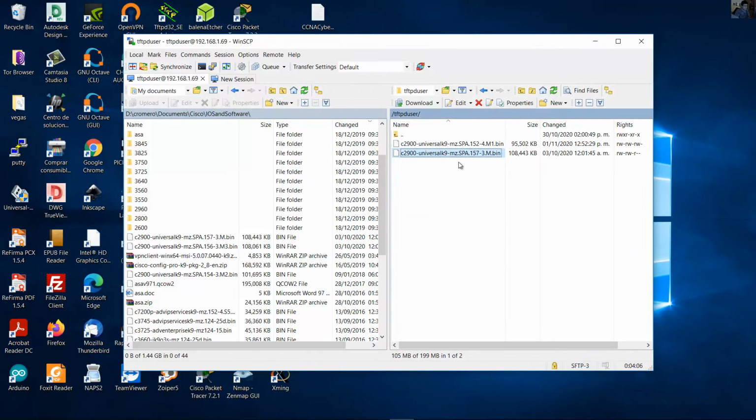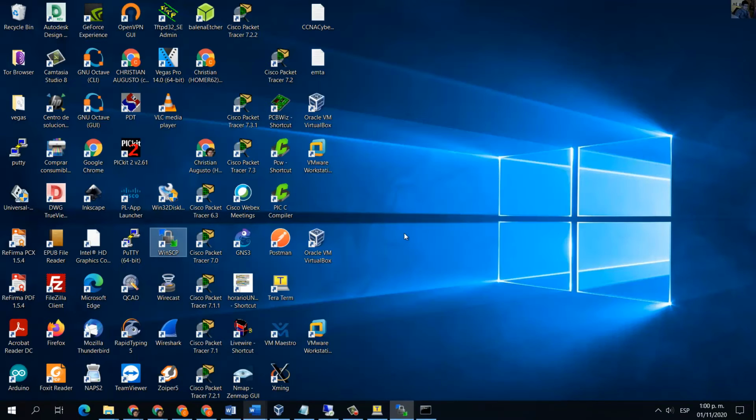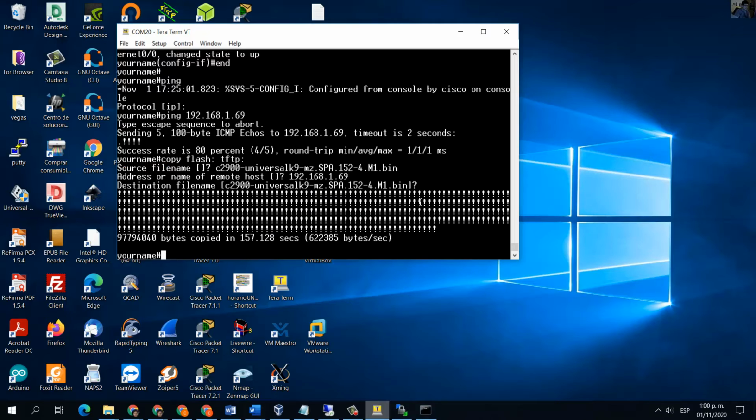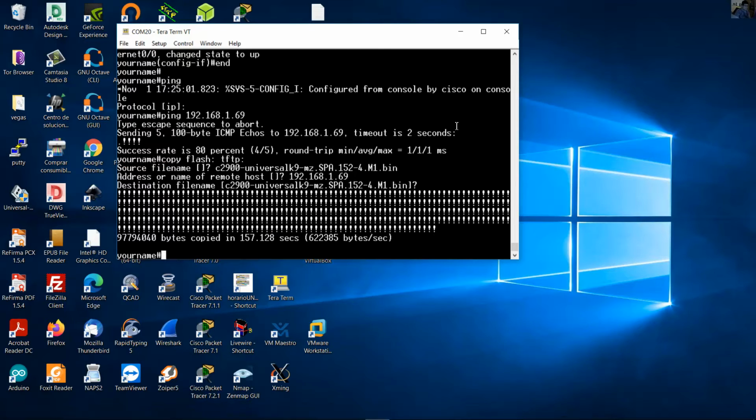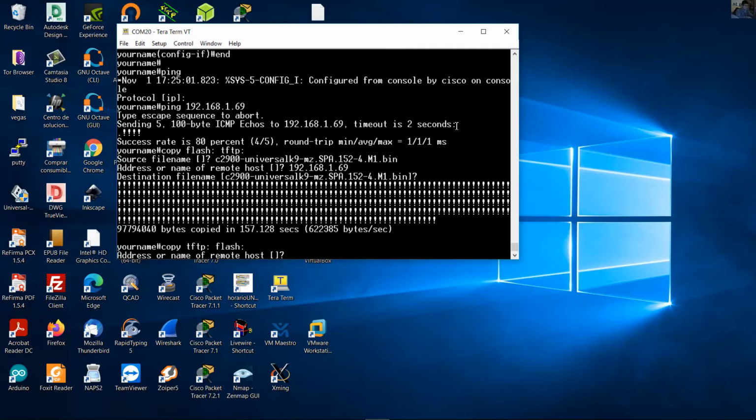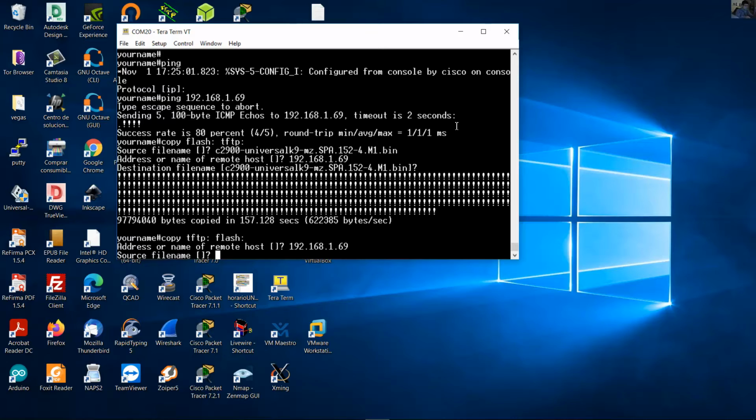Okay, very good. Now it's in the server. It's placed on the server. And on the router, you can do the following. Copy it from TFTP server to flash. Address of the remote host 192.168.169. Source file